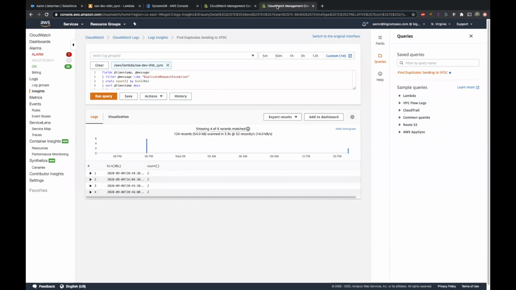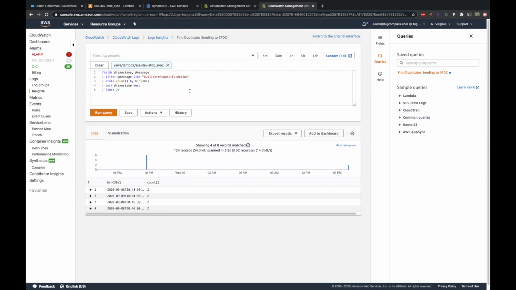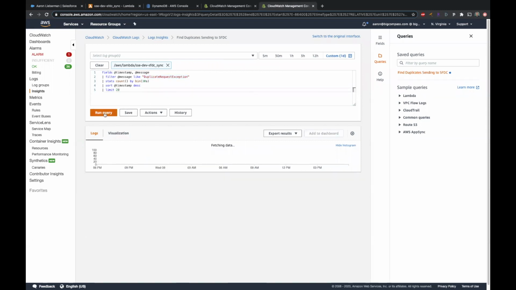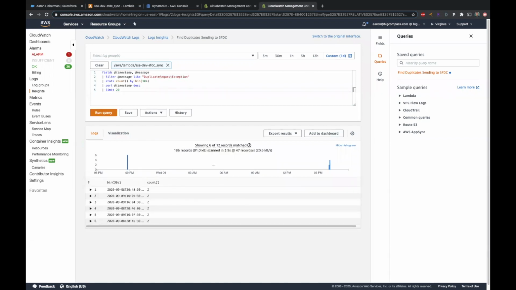And I'm looking for that exception. If anyone's familiar with CloudWatch Insights, CloudWatch Insights is really, really powerful in that you can search through CloudWatch log streams, right? And all I'm doing is looking for that particular exception. And when I'm running this type of query, I'm just going to run this in the last day, you can start to get a graphical view of all of those duplicates that have come through your system, in a pretty quick way.